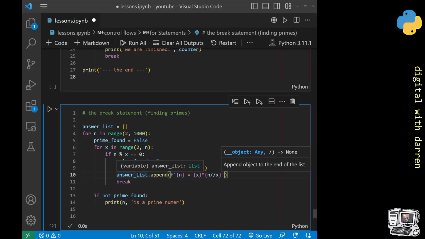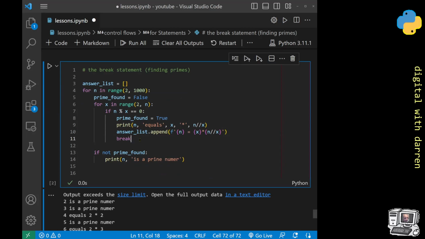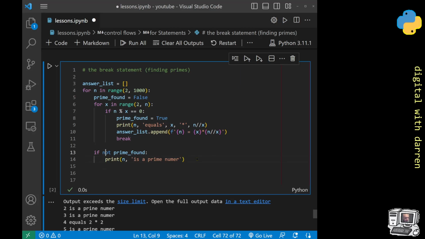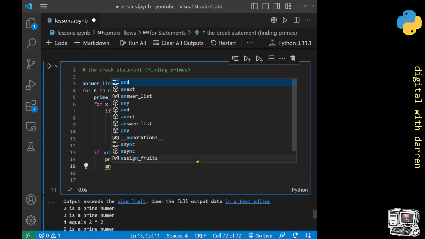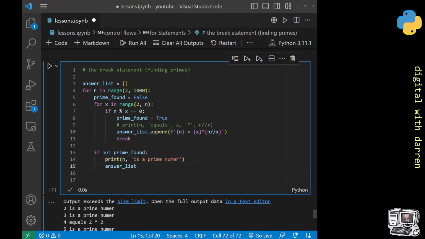That's if we haven't found the prime, and I just need to correct the spelling here, because that should be prime. And then if the number is a prime number, then we would also have to append to our list. So we can now comment out this print statement here. It's no longer needed. And over here we'll do the same, answer list, and we'll do the same thing,